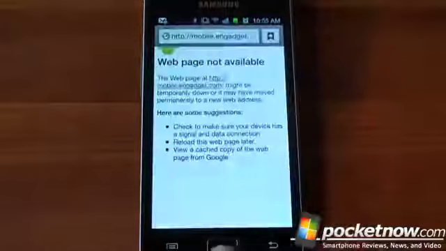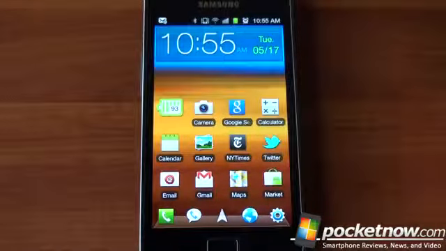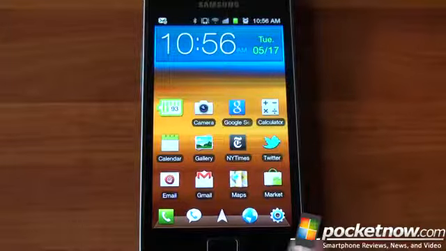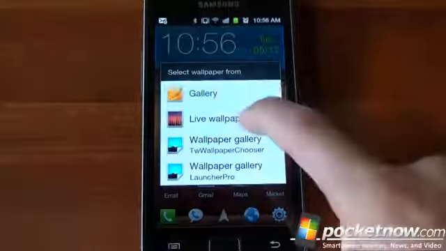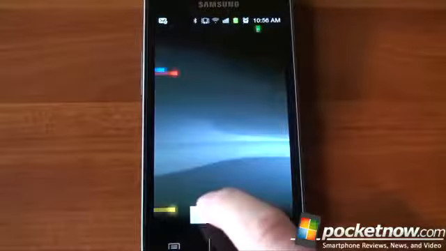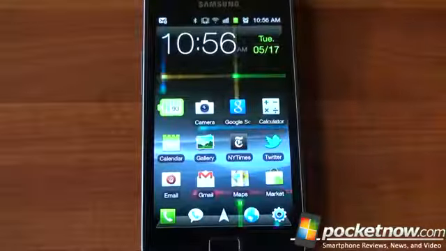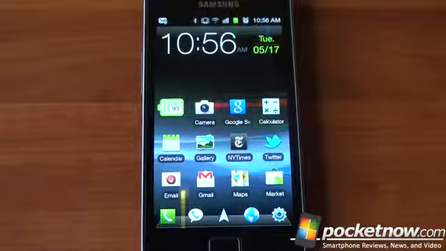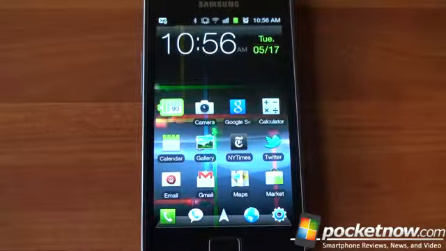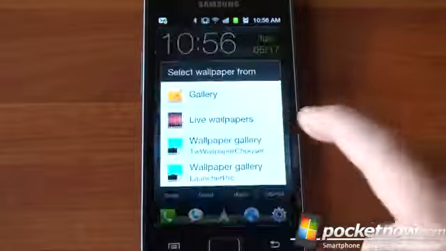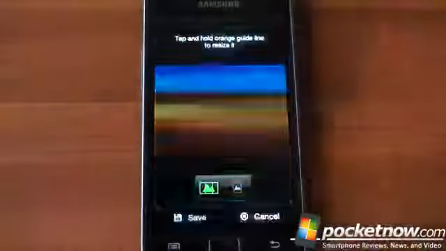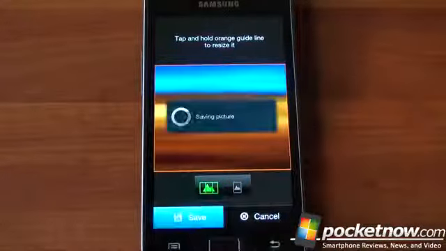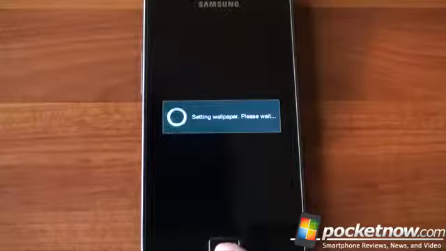When you are in an application and you go back to the home screen, it's a lot faster than it was before, and plus Launcher Pro gives you a lot of added controls, and so do the other third-party launchers out there. Another thing you want to do is turn off your live wallpaper. Live wallpaper is basically a video playing in the background, which might look pretty, but every time you go back to the home screen, there's a video playing, and this will delay the time that it takes to get back to the home screen. This will slow down overall the system resources because it's having to basically play a video on your home screen. So turn that off. I know it's fun, but it's not really the most efficient thing to do if you want to have a device that is as fast as possible.